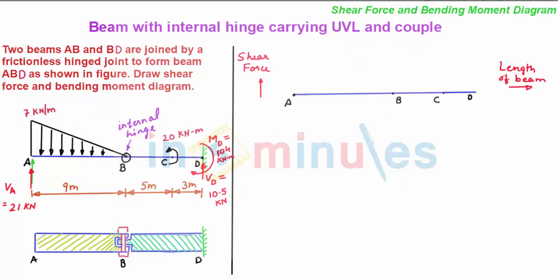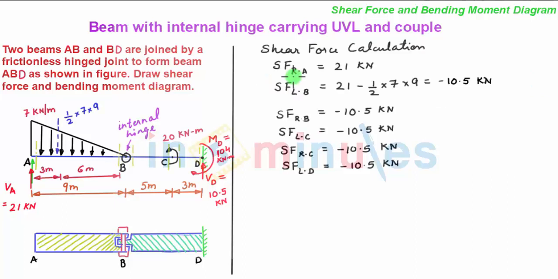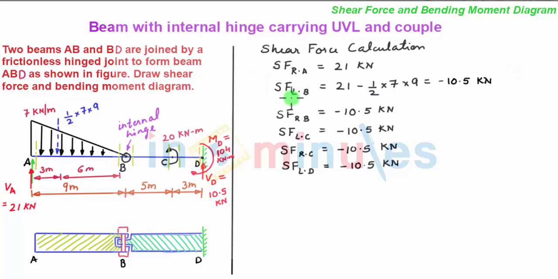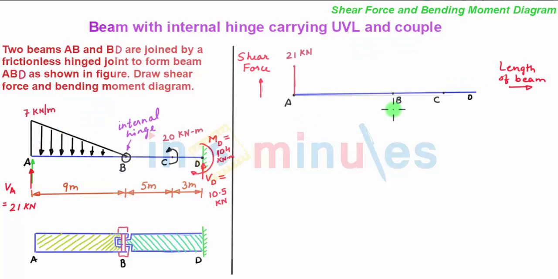Now let's plot the variation of shear force. So in this figure we see the zero line of our shear force diagram. Now we plot shear forces on this beam. Now we see the value of shear force towards right of A is positive 21 kilonewton. So let me plot a positive 21 kilonewton value of shear force above point A. Let me connect it with a vertical line. Now if you see, shear force towards left of B is minus 10.5 kilonewton. So at point B, let me plot a shear force whose magnitude is minus 10.5 kilonewton.